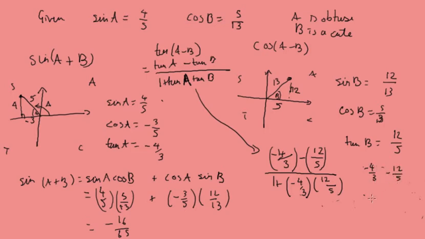So that's going to be minus 20 minus 36 over 15, which will give us